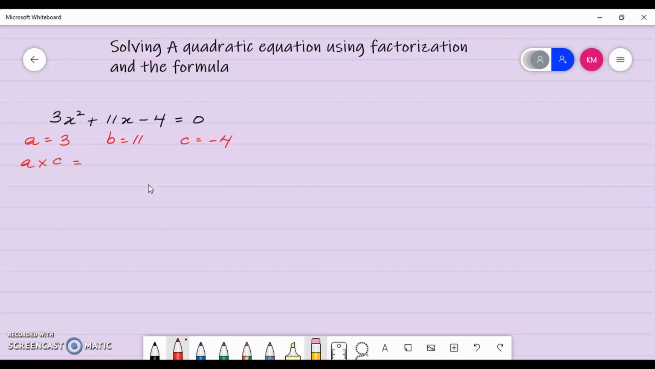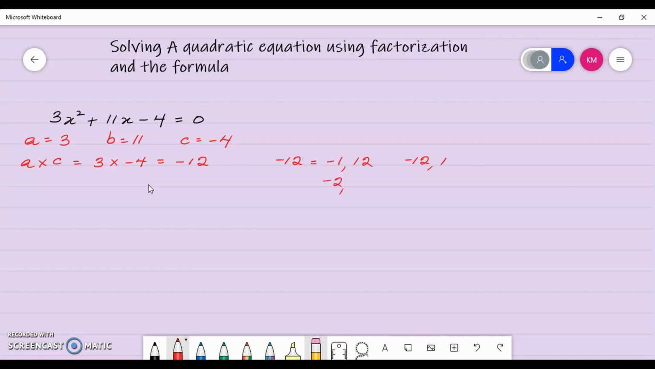Your next step in factorization, A multiplied by C. Remember, all of this was done in the previous video. So A multiplied by C is going to be 3 multiplied by -4, and I'm going to get -12. Remember, our next step is to find two numbers such that when multiplied it gives me -12. So I'm going to list out those numbers. It's going to be -1, +12, -12, +1,